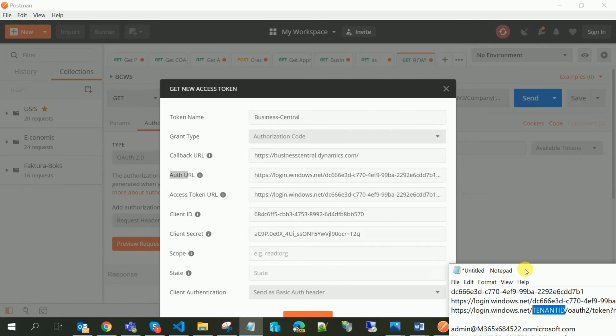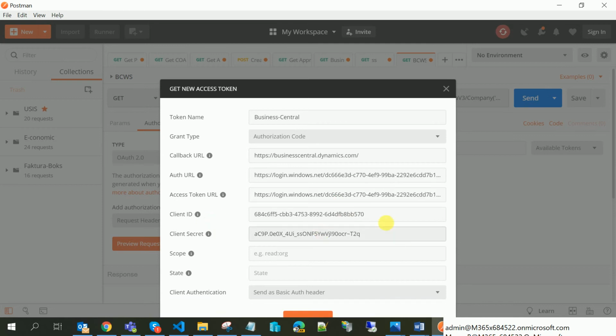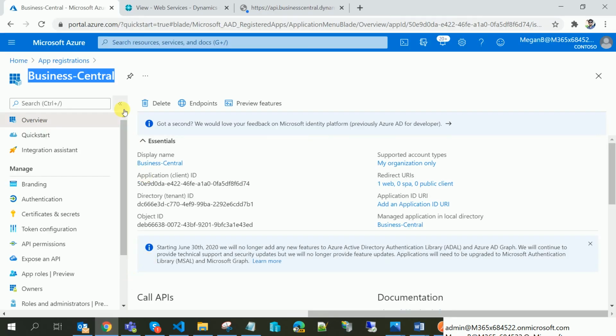When you add the tenant ID, you will have two other keys to add. One is the client ID and the other is the client secret. The client ID is your app ID which we created in Azure, right? Where can we get the app ID?